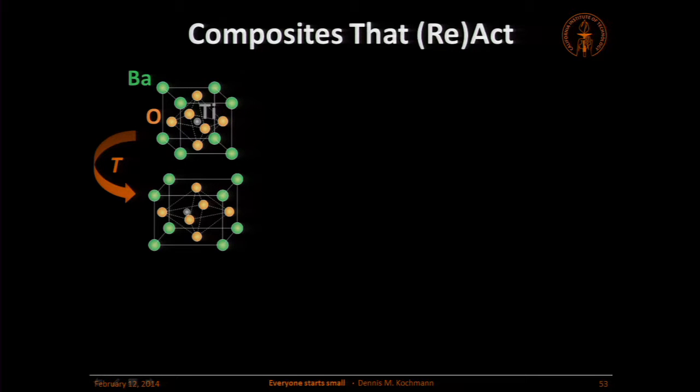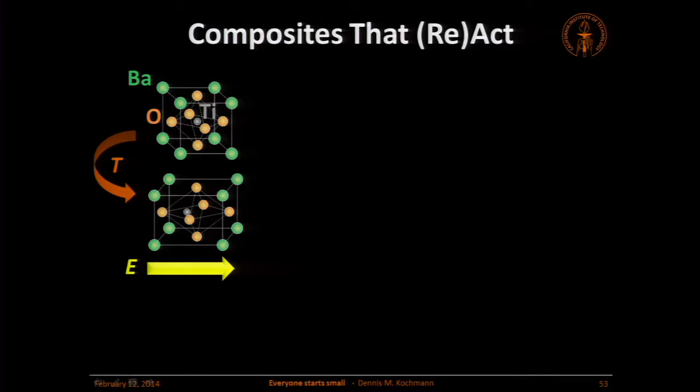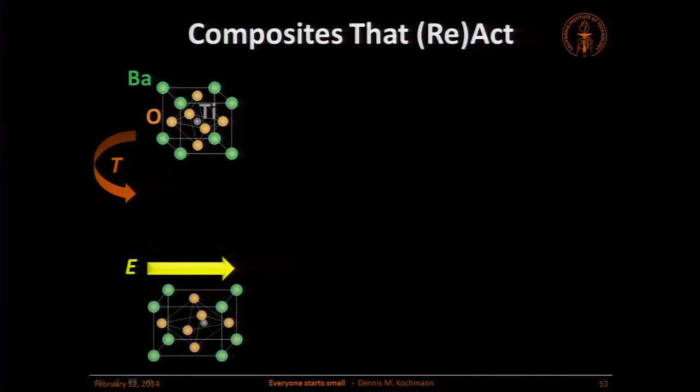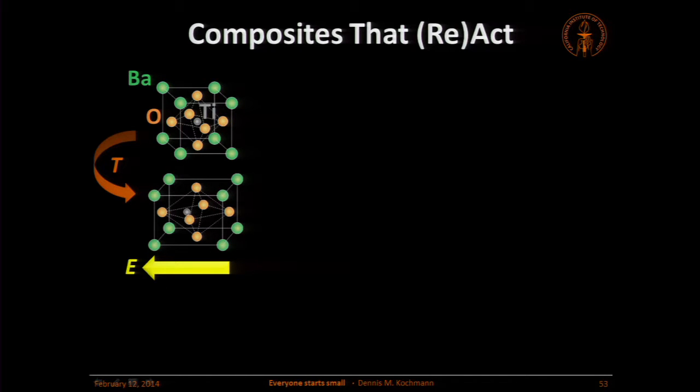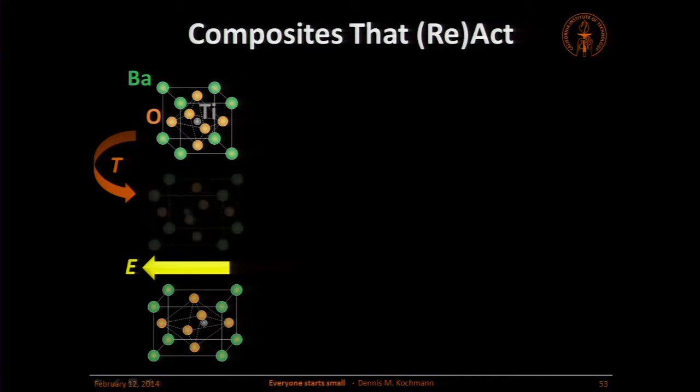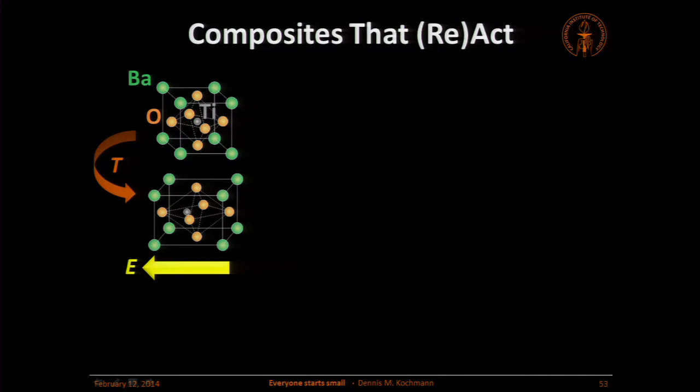It has deformed. We can do one more thing. We can apply an electric field to this. If you apply an electric field, what happens is the atoms are rearranged. The titanium atom hops over to the right, and the oxygen rearranges as well. If you invert the electric field the other way around, the atoms go back. So it can keep doing this back and forth, and you can basically switch the atomic structure.